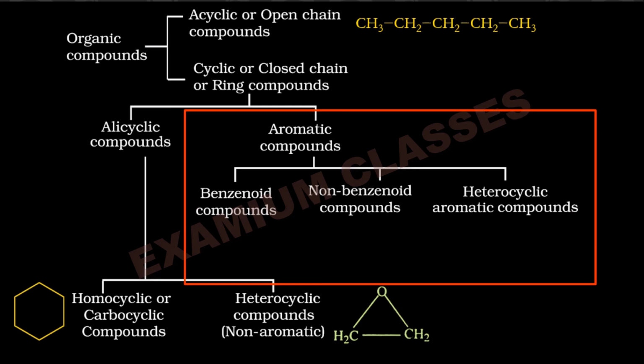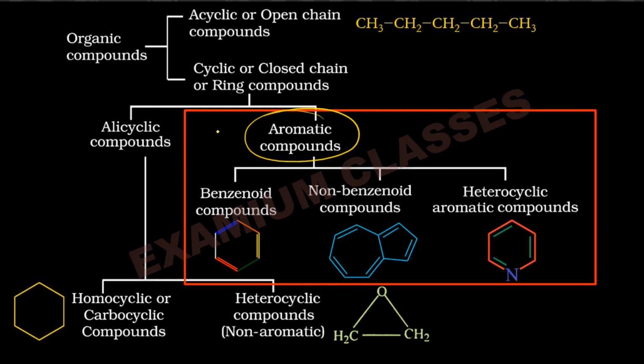So if we go through this classification here, different types of organic compounds are shown. Aromatic compounds are here, and within aromatic compounds we have three types. Benzenoids means these will have benzene ring. Non-benzenoid means no benzene ring, but still they will be aromatic. And heterocyclic aromatic compounds means there will be some other element also apart from carbon in the ring. So if, for example, here we have nitrogen, all others are carbons but this is nitrogen, so heterocyclic aromatic